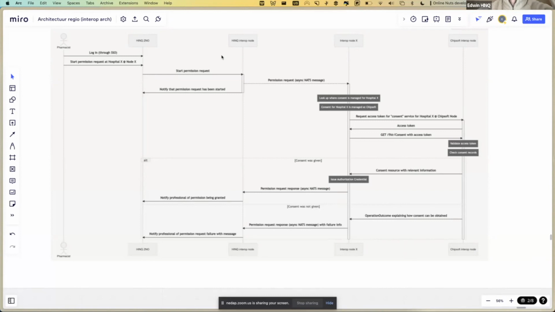There is some standardization missing there, or it would be beneficial to have some standardization of how that organization could indeed communicate and check their consents, because currently that's not really there, and we think it's quite a fundamental communication stream for nuts to work for use cases such as zorginzage, because almost everybody has permissions already stored